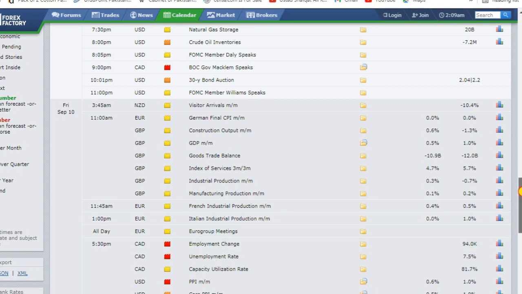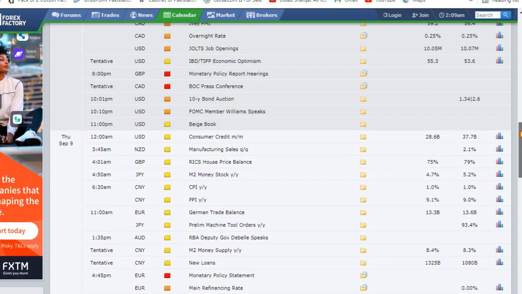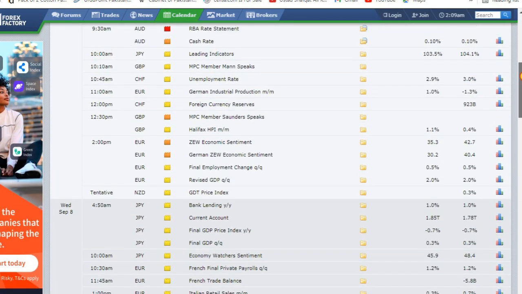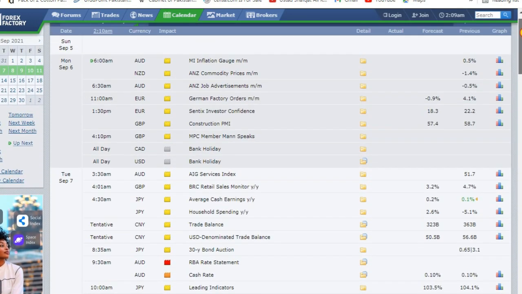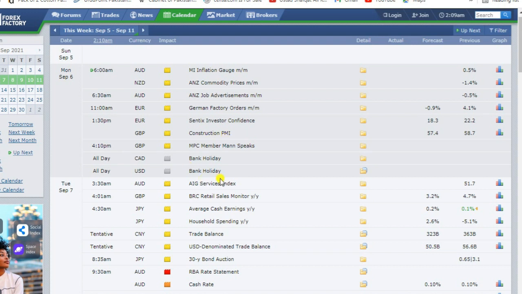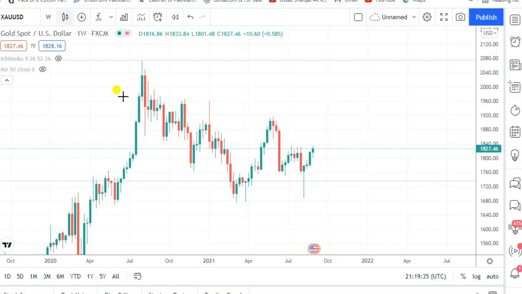unemployment rates. So Monday and Tuesday are not very volatile days, but according to my knowledge, whenever there's a holiday, bankers try to grab the market and enter a position, and the market is basically just moving up and down. So it's up to the market. So firstly we will start